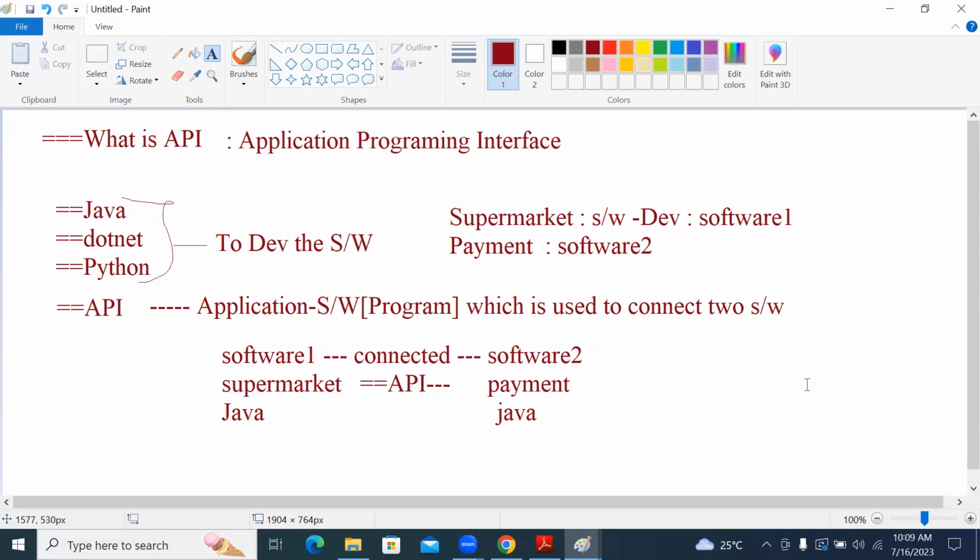To understand, API stands for application programming interface. By having a certain programming of an API, a small programming, not like how we do programming in Java and .NET, just a very small programming of an API, we can connect two different softwares. So that is what we take as the API concept. The meaning of API, application programming interface, is getting connected between two softwares.